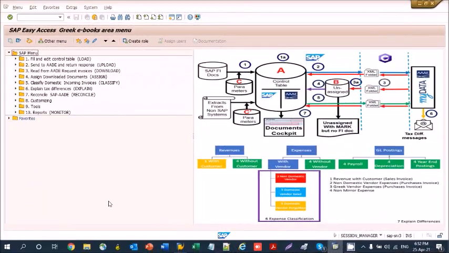The final step of billing is the printing of the legal paper using transaction J2GLPP-SD.